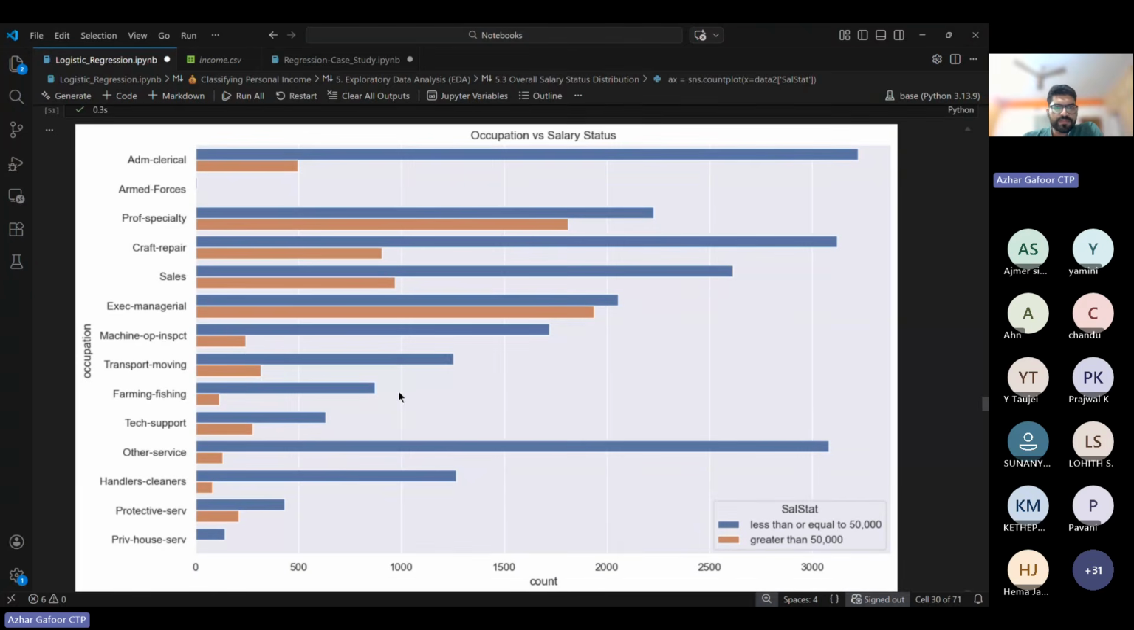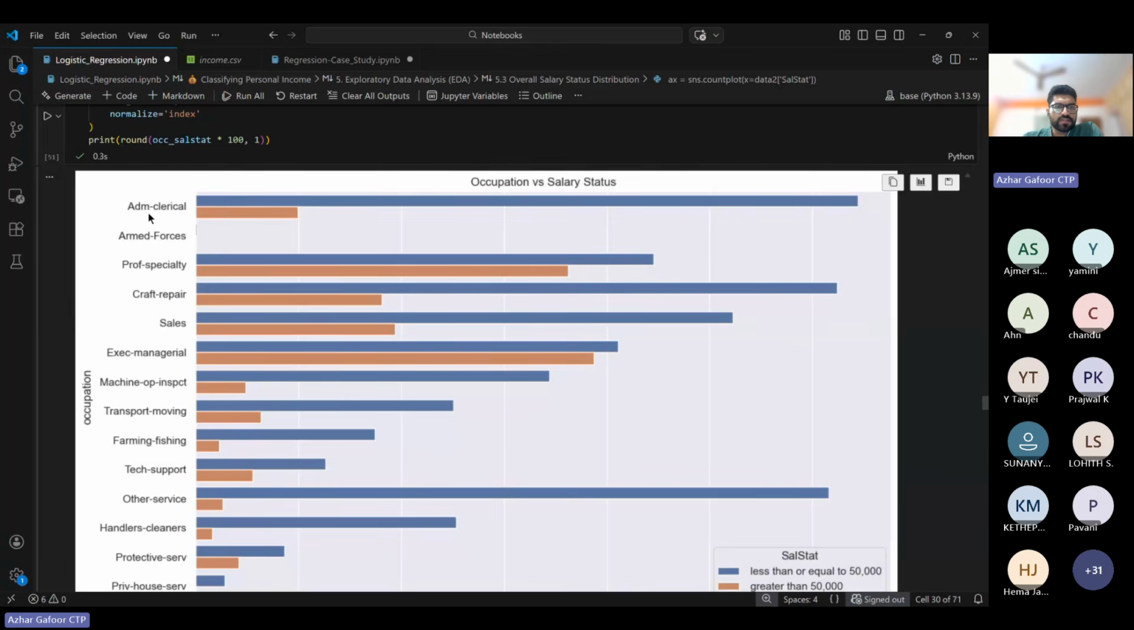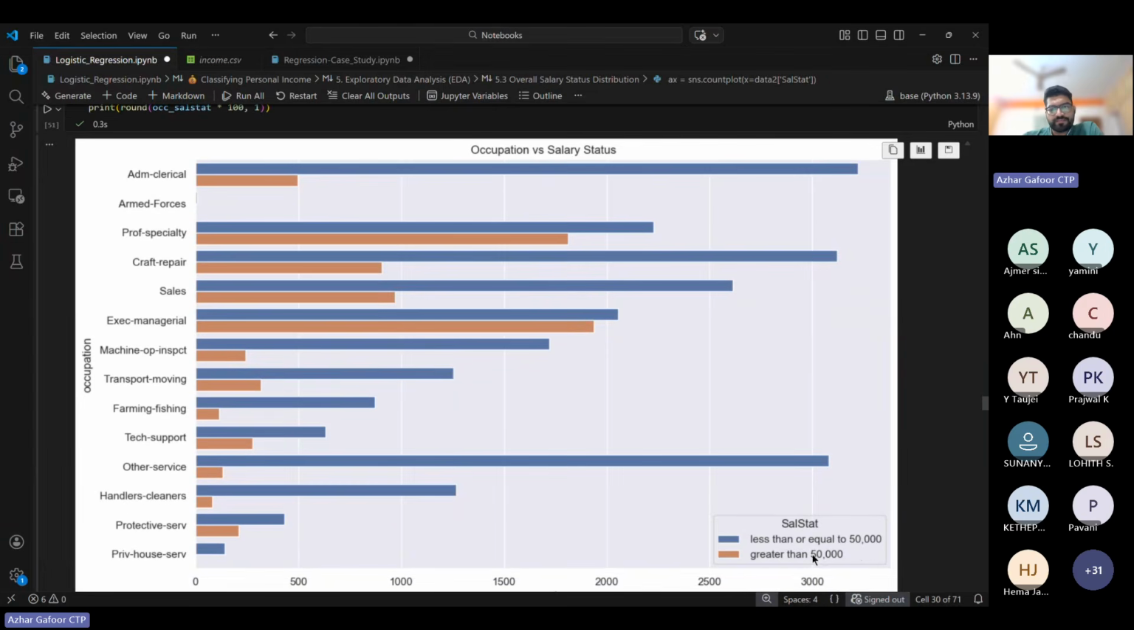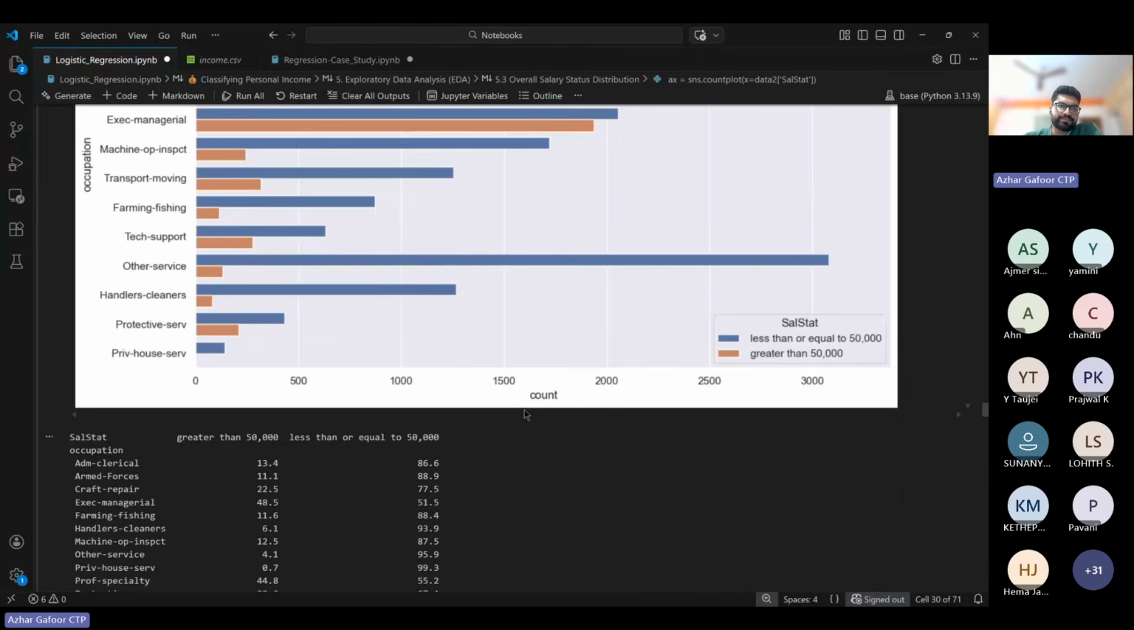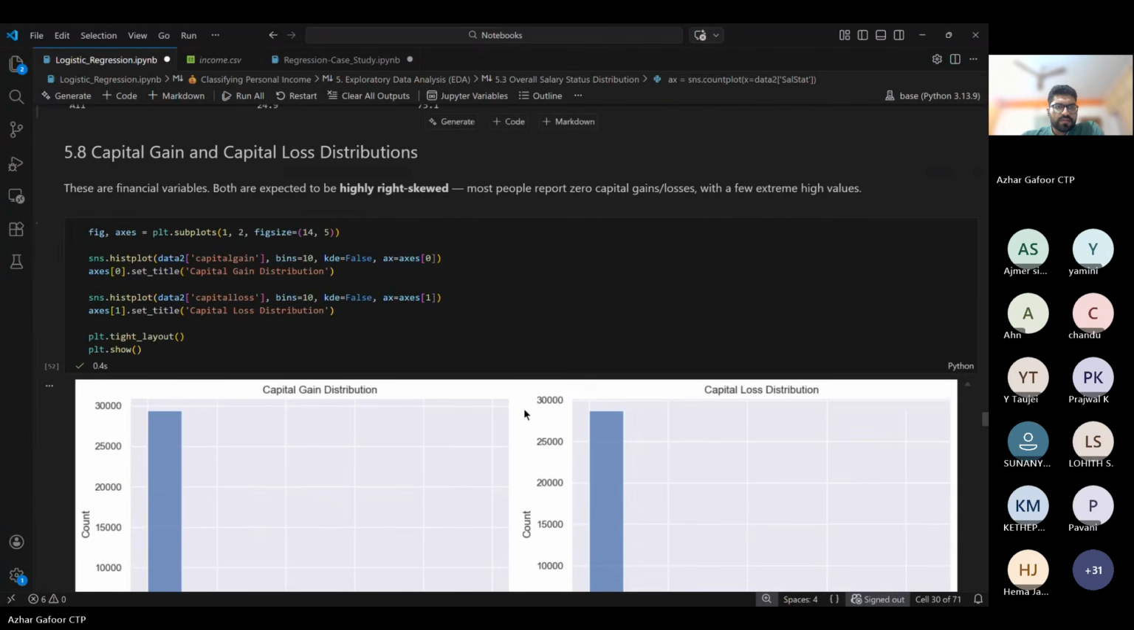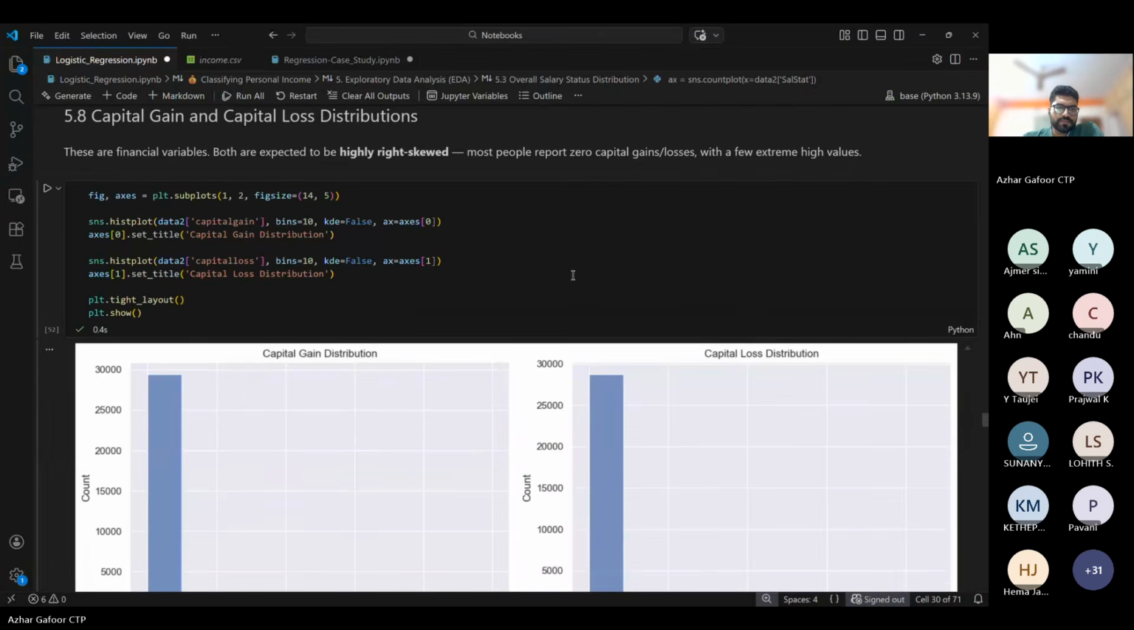Now, in types of occupation, for the critical jobs, the number less than 50,000 surpasses by a great amount. Similarly, we can see that a comparable status is shown in categories like professional specialty or executive managerial post. Other than that, there is a high difference between both the salary statuses. So these are some